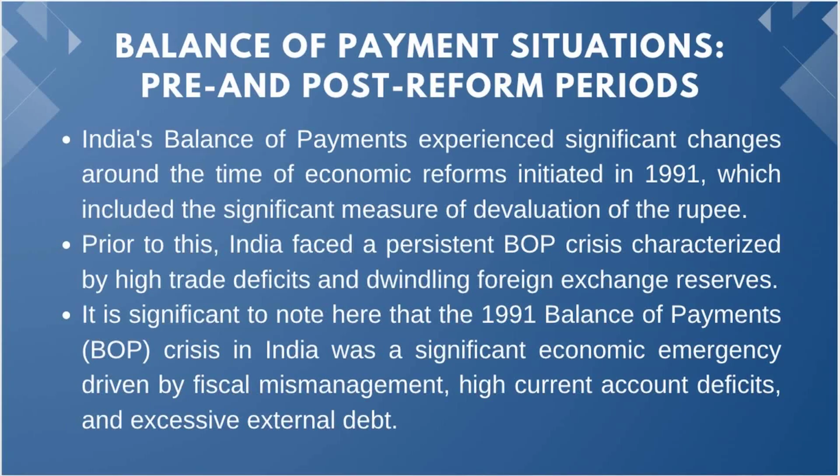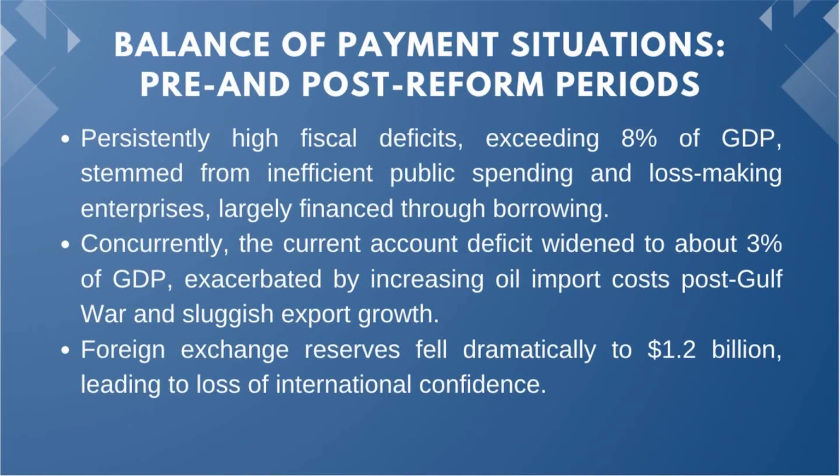It is significant to note here that in 1991, the balance of payment crisis in India was a significant economic emergency driven by fiscal mismanagement, high current account deficits, and excessive external debt. Persistently high fiscal deficits exceeding 8% of GDP stemmed from inefficient public spending and loss-making enterprises, largely financed through borrowing. Concurrently, the current account deficit widened to about 3% of GDP, exacerbated by increasing oil import costs post-Gulf War and the sluggish export growth. Foreign exchange reserves fell dramatically to only 1.2 billion,